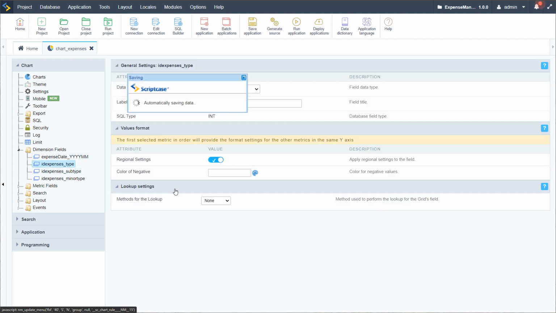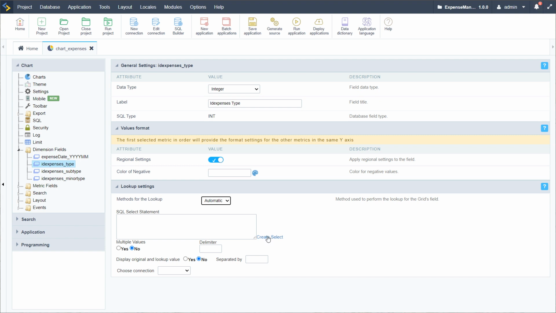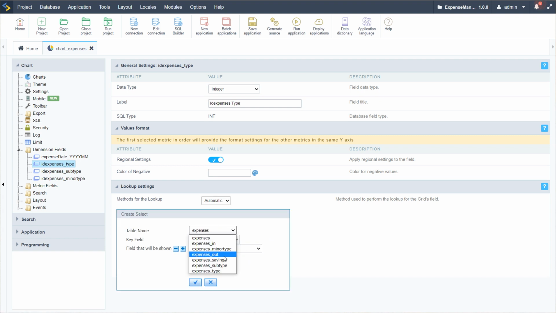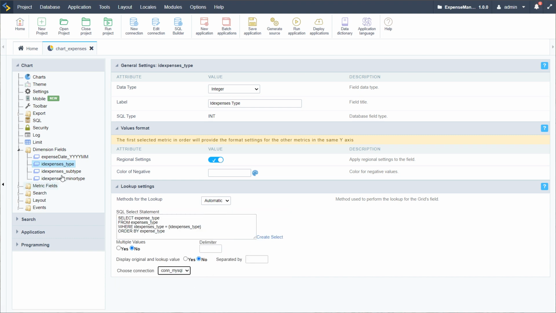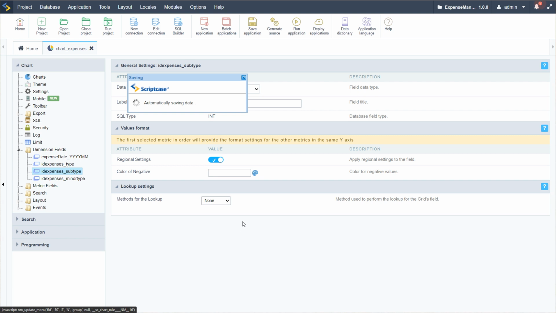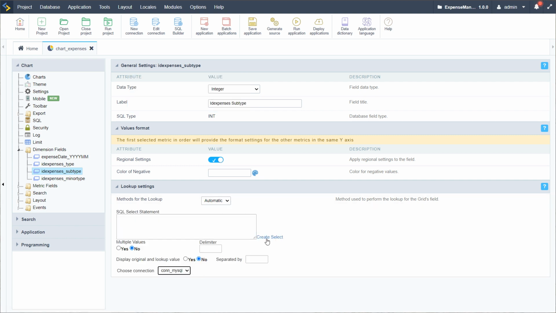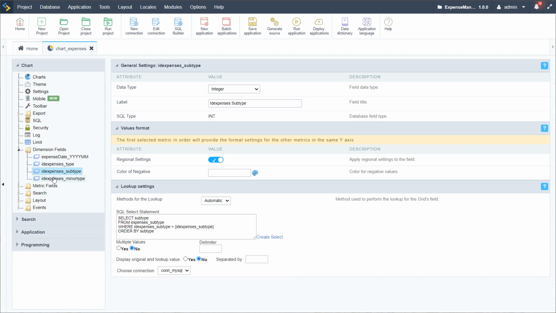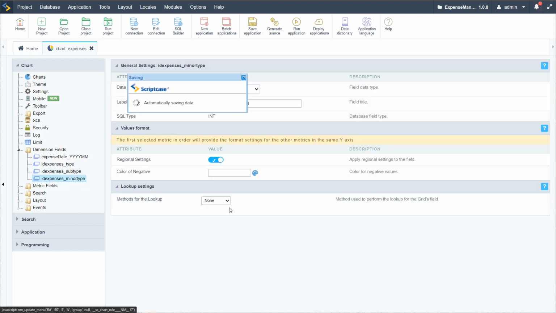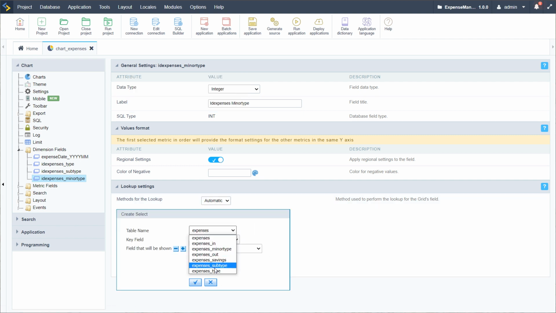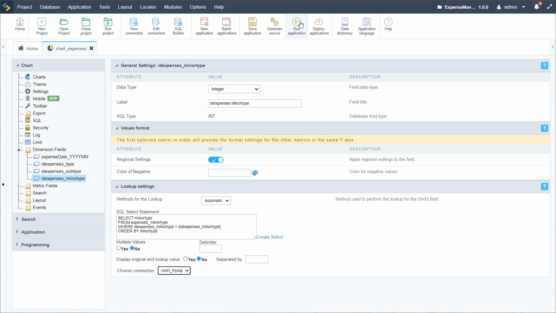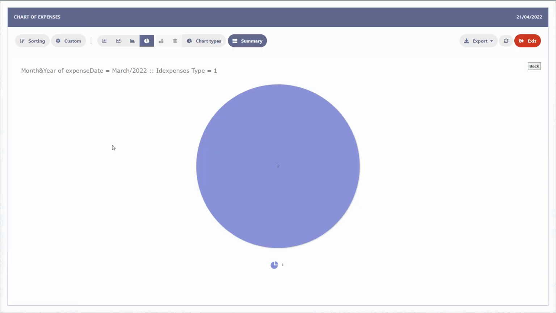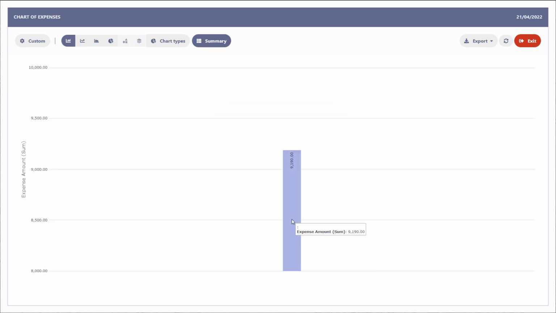For the type, we will need to indicate here a lookup. So again, automatic lookup, and here we'll choose our type. Make sure we have our correct fields and our connection selected, and again also for the subtype. There, the subtype selected, choose the correct field, okay, and then also again for our minor type. So for the minor type, again choose the correct fields and the connection. We can run that again, and then just like that, instead of having 1, 2, 3 there now, we will actually have